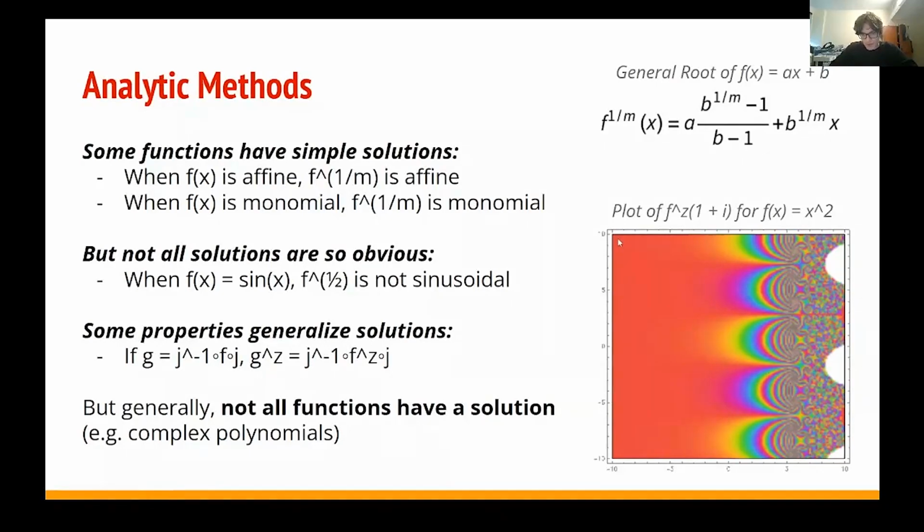The nth iterate of x squared is here. This is the 1 plus ith iterate, so you can use this sort of function to get complex iterates as well. It's the zth iterate, so it's like plotting z across all iterates at 1 plus i. You plug in 1 plus i and you get all the different iterates, and you get these really cool complex plots. But it's not possible to get analytic iterates for all functions,